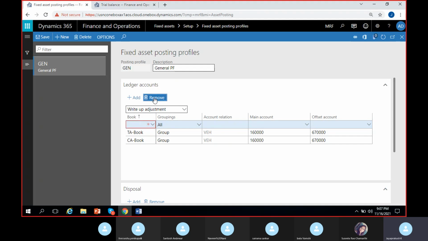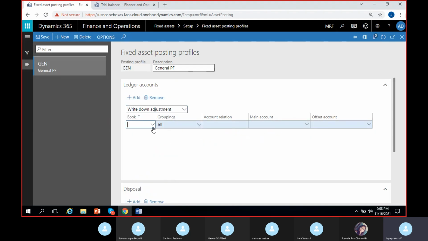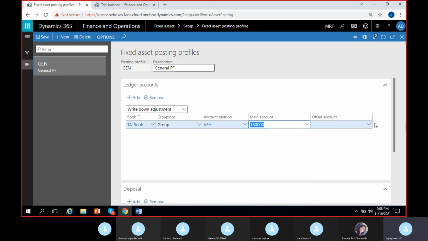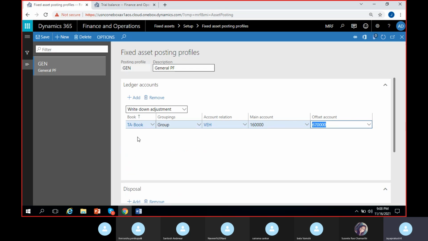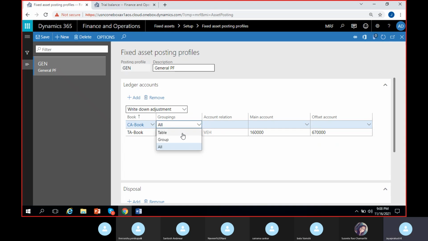Sorry, not here. In the same way, for write down adjustment also I can give something here. Tax Act book, group, vehicle, the same fixed asset account. Offset account as the write-up reserve account. This one. For Companies Act also I'll give the same. Group,